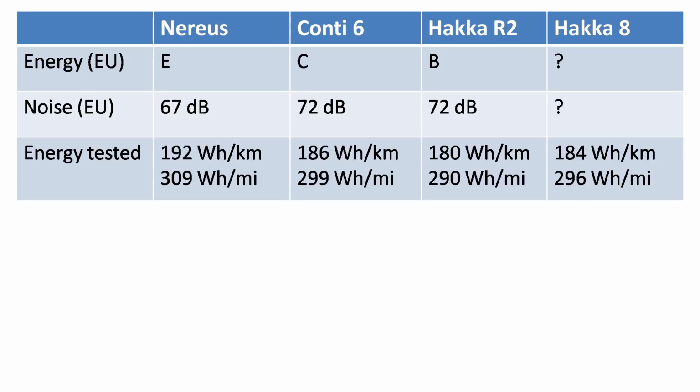And Nereus managed to get 192 watt-hour per kilometer, which is okay, right? But if you look at the other ones, Continental 186, and then Hakkapeliitta R2 is 180 only, and then Hakkapeliitta 8, the studded tires, surprisingly has lower consumption than the Nereus. So the Nereus is the loser here with the highest consumption of them all. I didn't expect this because